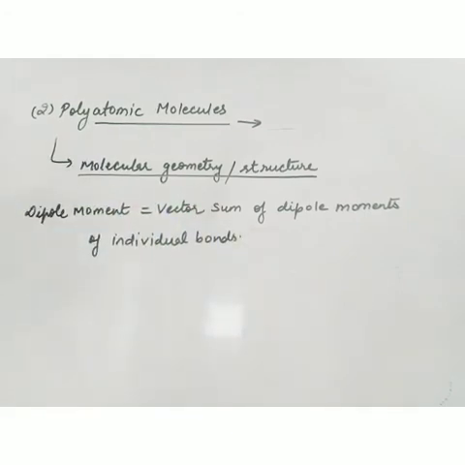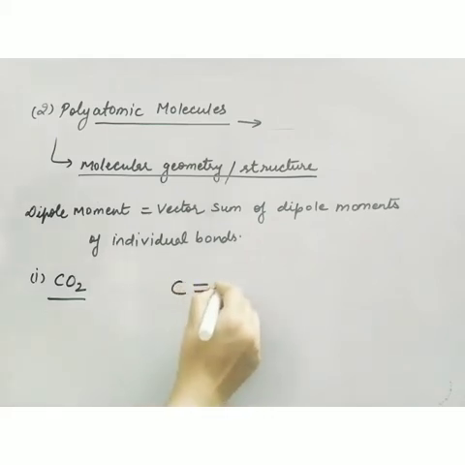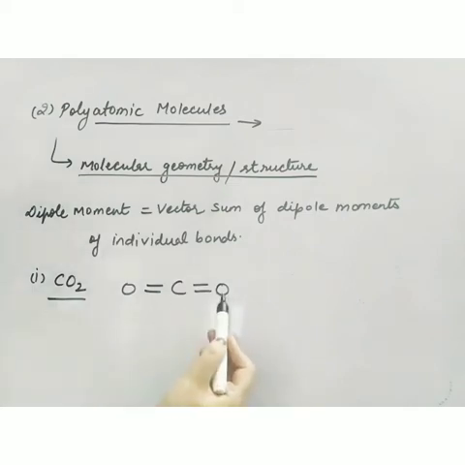What is the meaning of this? Suppose the first molecule that we are discussing is CO2. Now what is the polarity of CO2? Whether it is polar or non-polar? So first we'll draw the geometry of CO2, and this example I have given in the VSEPR theory, the linear geometry. CO2 is like this. Oxygen is more electronegative than carbon. So one vector I will put here like this.